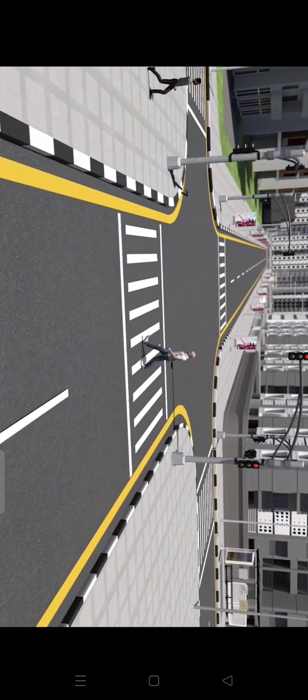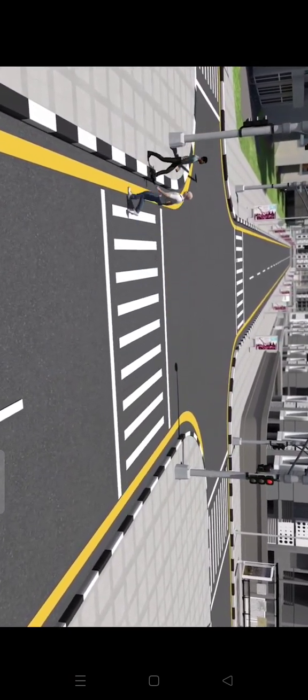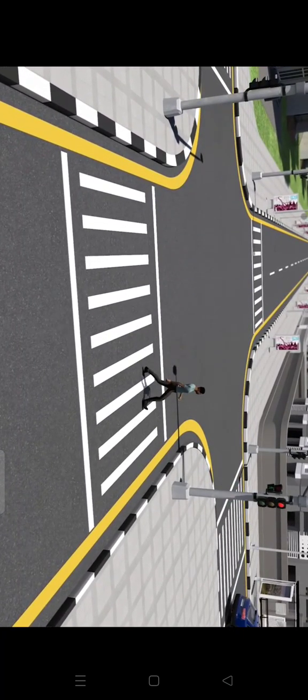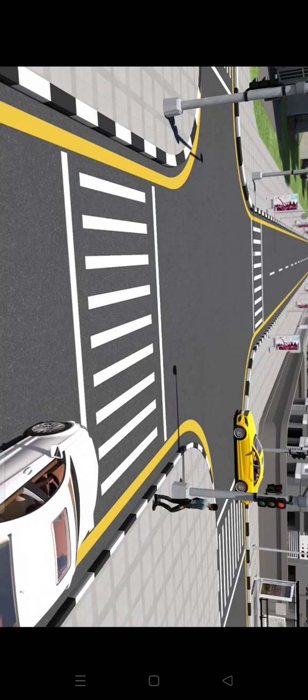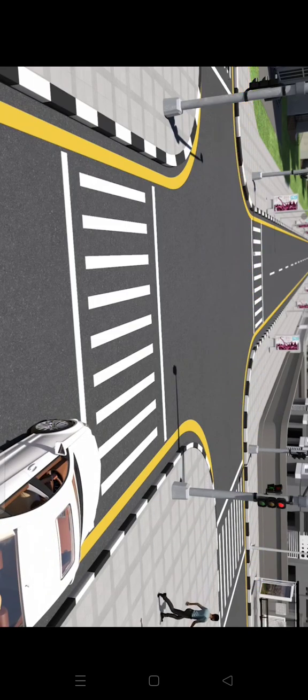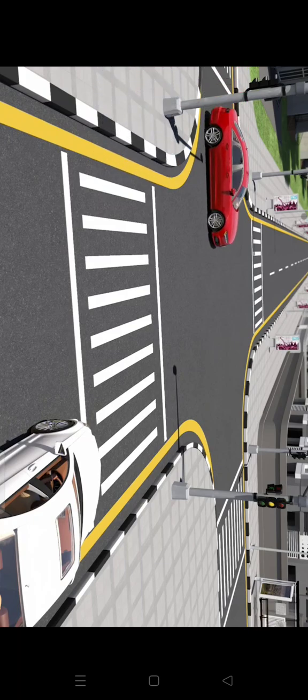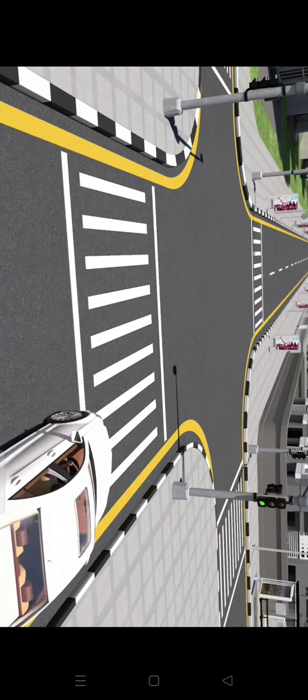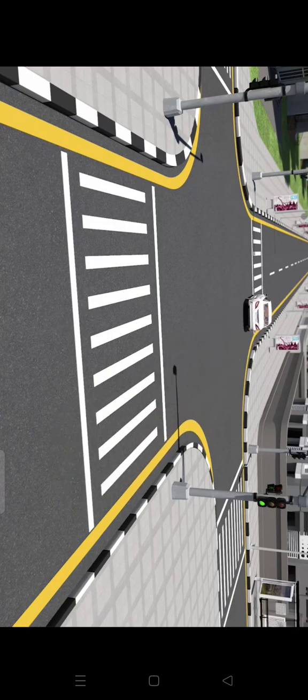When the driver approaches a crossroad controlled by a traffic light, he has to comply with the following: to stop his vehicle ahead of the crossing when the red light goes on, to be ready to move his vehicle when the yellow light goes on after the red light, to start moving his vehicle when the green light goes on, according to the direction determined by the traffic light,